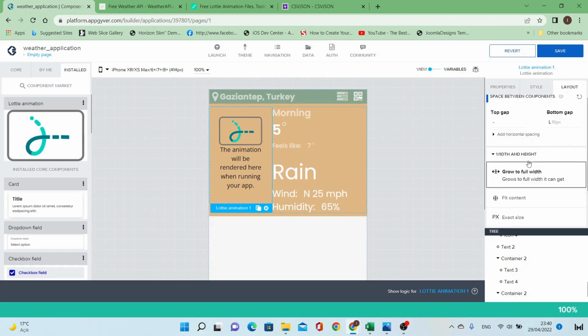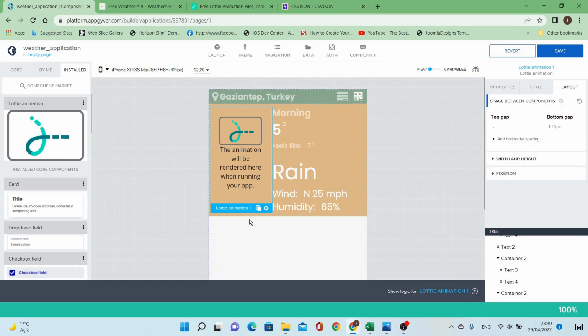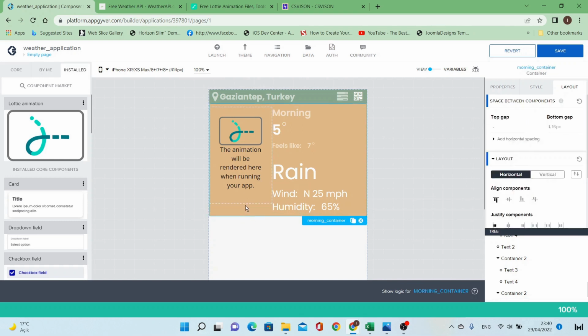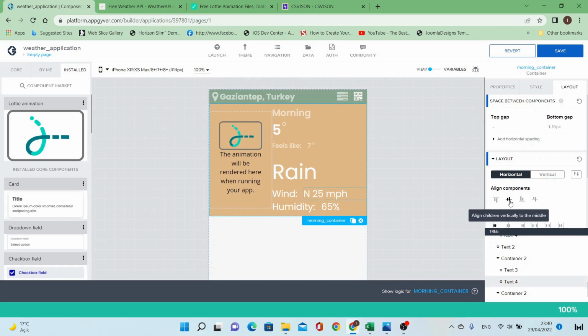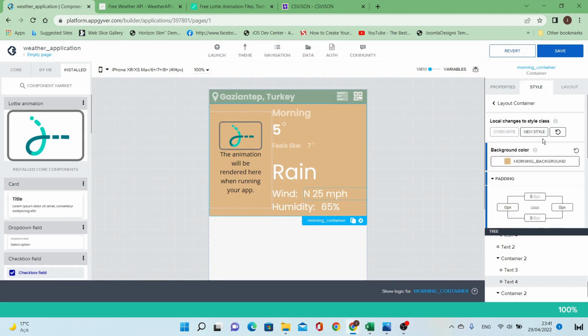I'll change the size for it. It should be aligned to the middle,